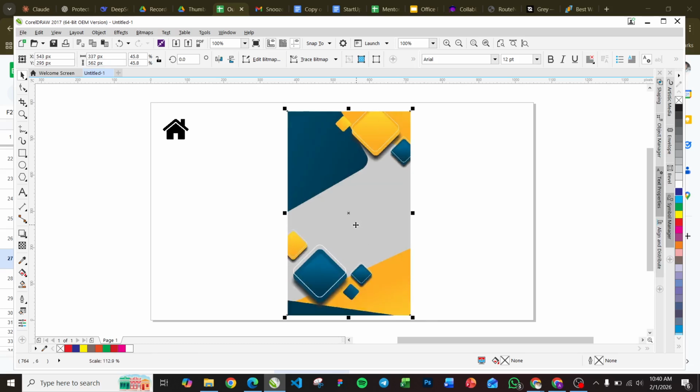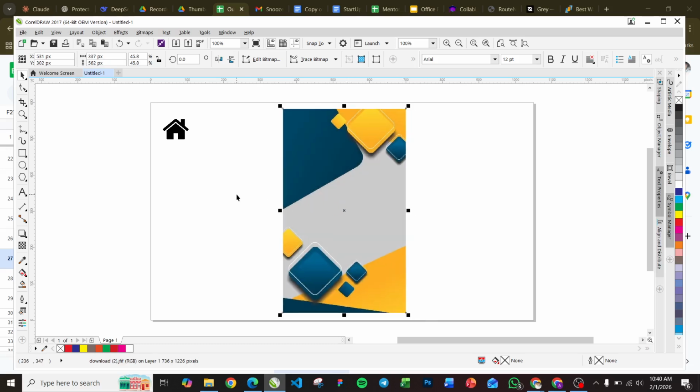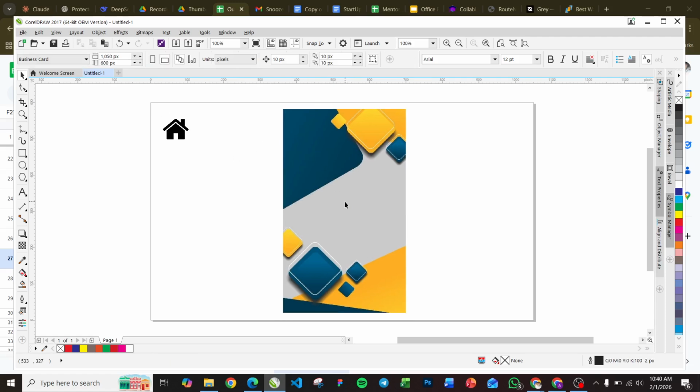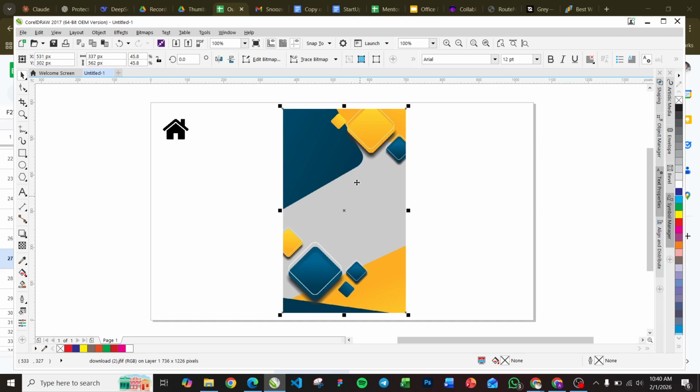Alright. So, the bitmap option in CorelDRAW is a part of CorelDRAW that can be used to edit photos. Even though CorelDRAW is not specifically for the purpose of photo editing, to a level you can actually edit a photo or an imported image or picture from bitmaps. Okay, so I just imported a background into my CorelDRAW design area, and I want to edit it. For example, I want to change the colors on the background to use it on my design. So what I'm going to do is go to the bitmap option right there,